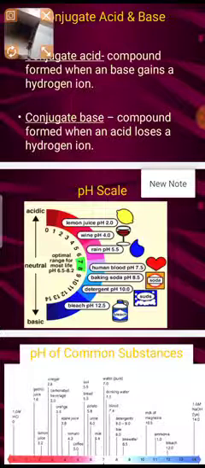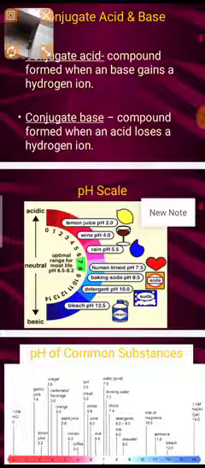See here on the upper side: 0, 1, 2, 3, 4, 5, 6, 7. Lemon juice, wine, rain, the pH values are mentioned. So lemon juice pH is 2, wine pH is 4, rain pH is 5.5. Whereas human blood pH is 7.5. It means our pH must be nearly about the neutral value so that we can have good health. If it becomes less than 7.5 or less than 7, then it turns towards acidity, and it becomes somewhat of an acidic problem.